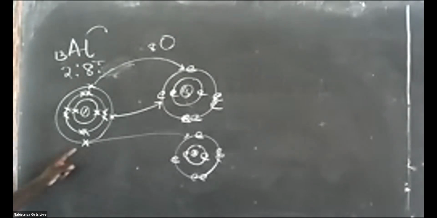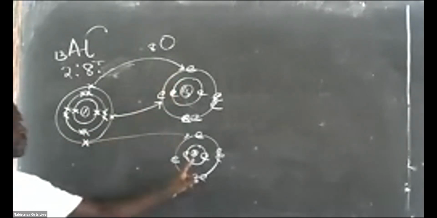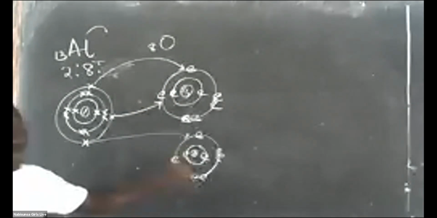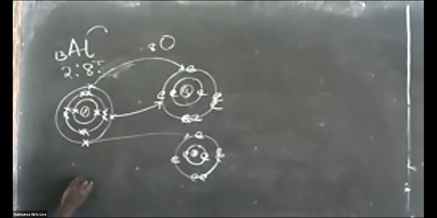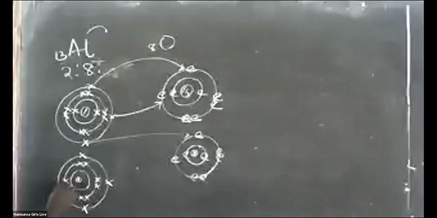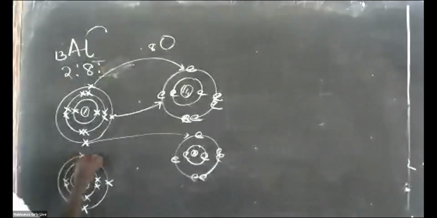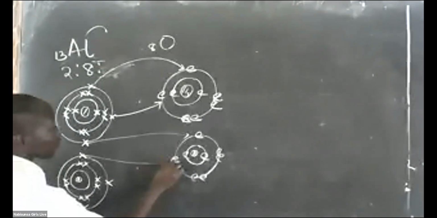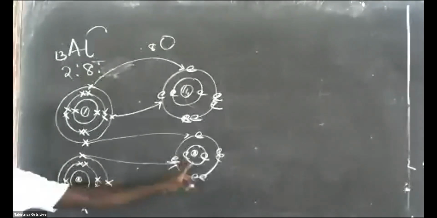Now aluminium is satisfied and this oxygen is okay. But this other oxygen is not okay. I'll need another aluminium atom, with electrons marked X, and X. So these remain 8 in nature. These electrons transfer to that point. This atom also becomes